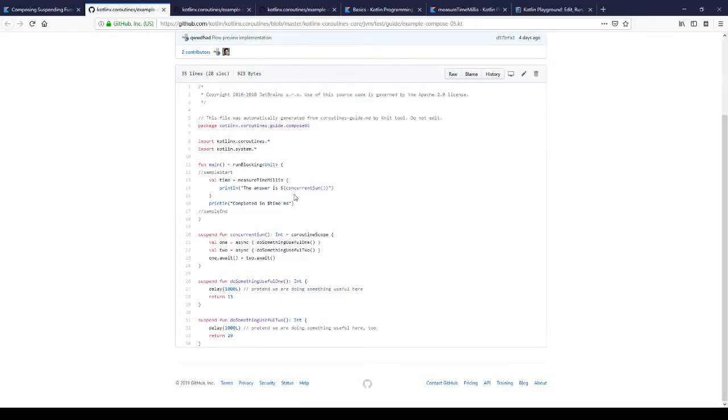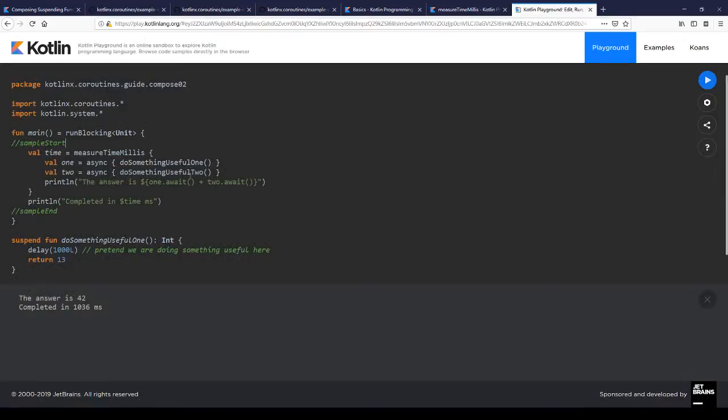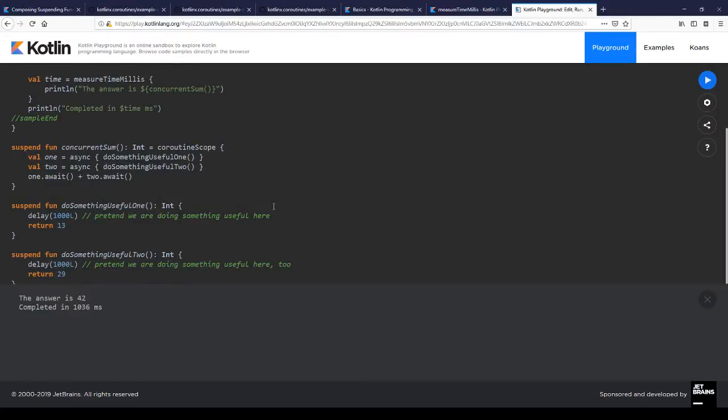I need the original code. The answer is concurrentSum, and we need the exception. Let's see. So first of all, without that exception, everything completes in roughly 1 second. But if there's an exception here,